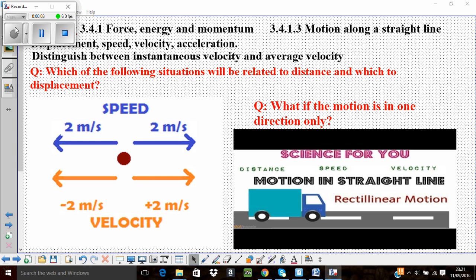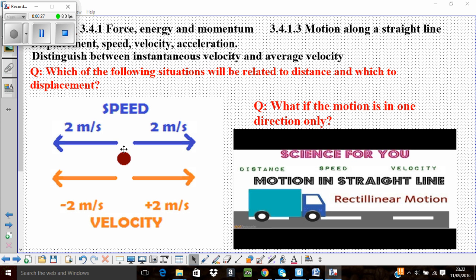Motion along a straight line, 3.13: displacement, speed, velocity, and acceleration; distinguish between instantaneous velocity and average velocity. Question: which of the following situations will be related to distance and which to displacement? Now, if we look at the picture, we see that speed is going to the right, 2 meters per second,